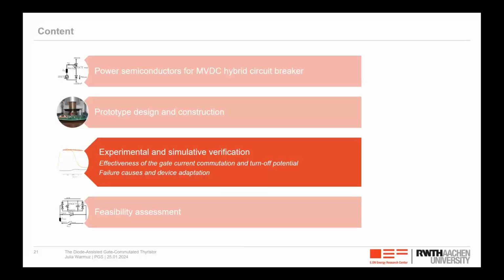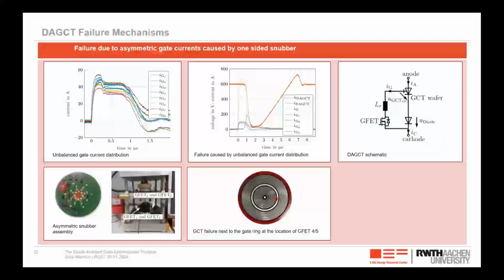I experienced some failures during my experiments, and I want to talk about them, because they revealed some effects of the DIGCT that I didn't consider at the beginning, but I could solve them with an adaptation. In the beginning, I had failures before I reached 1.3 kiloamps. And this failure always happened in the tail current phase. So I was safely within my unity gain turn-off margin, and safely within my wafer ratings, but a